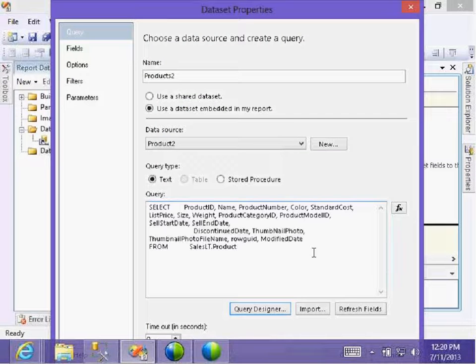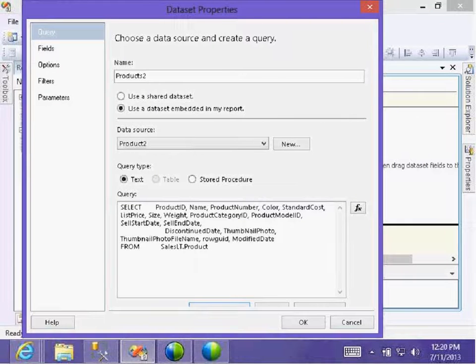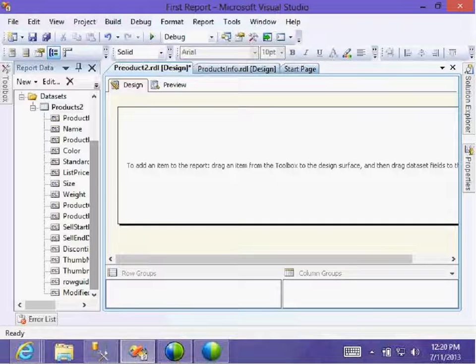Now I got also all columns. Oh, now here let us take.